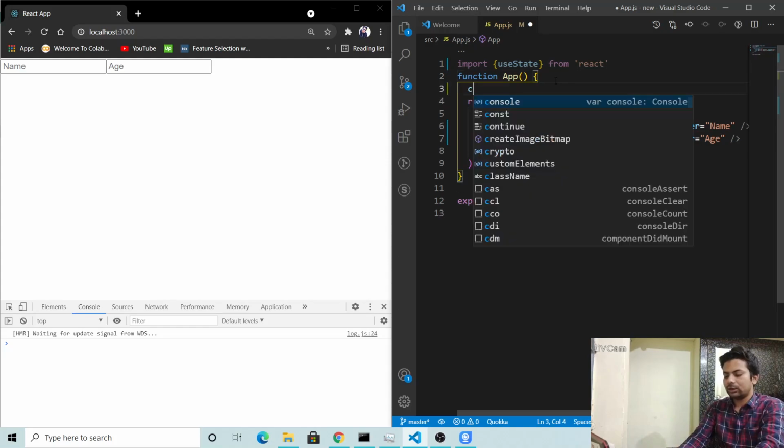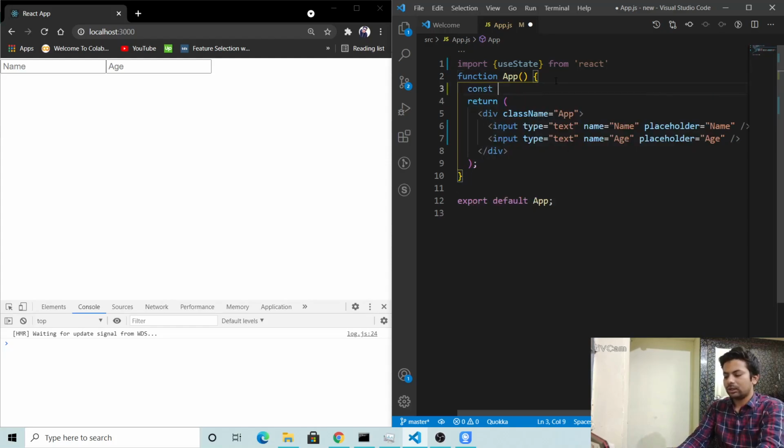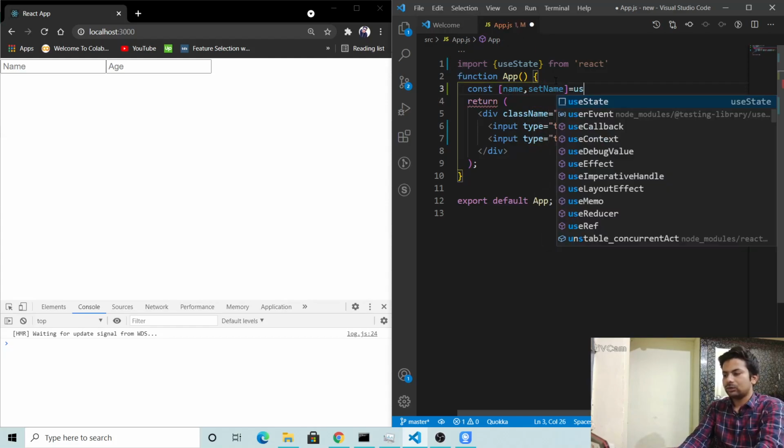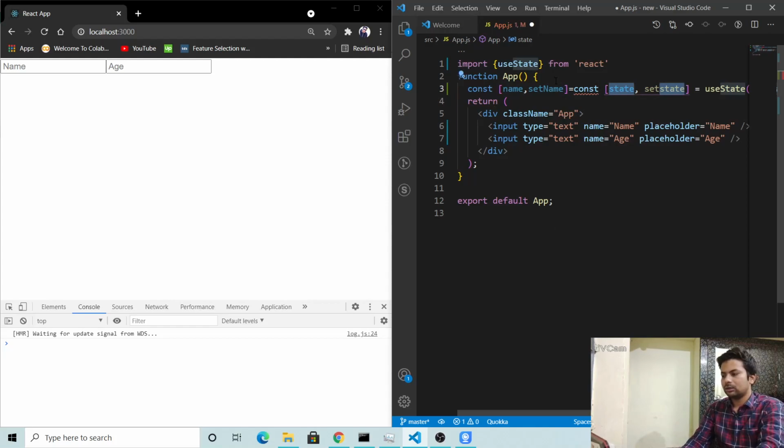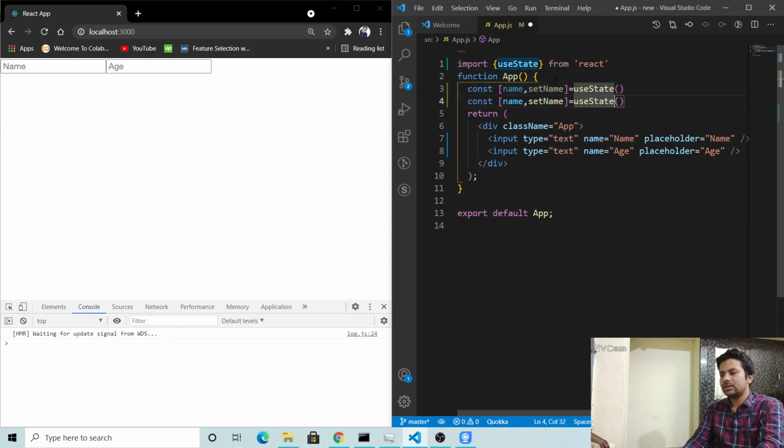So what we do, we take two constants of the same thing, name, comma, setName equals useState, and we'll make it null. And the same thing for age also. This is the normal way we do it. I'm first showing you how it's different from the normal way, so I'm doing the normal way first.